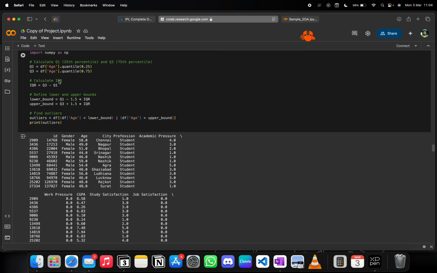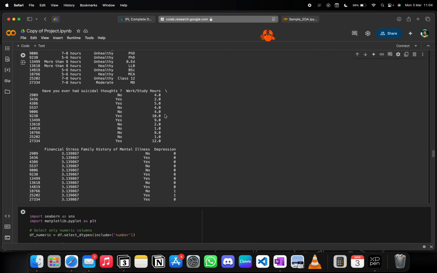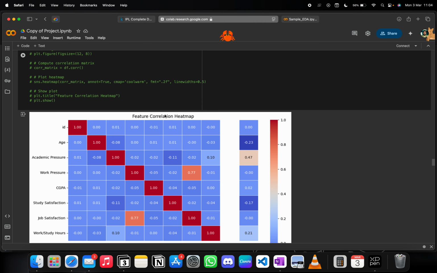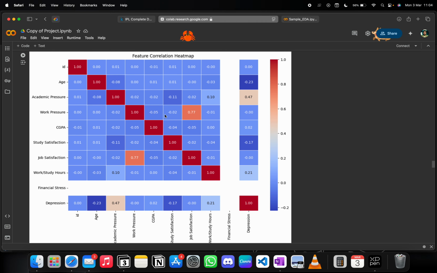This is called IQR. This is another way, and again this is called a heat map. A heat map is nothing but the correlation, or the relation or dependency of one feature with another feature. See, one feature with itself will be one, right? Because